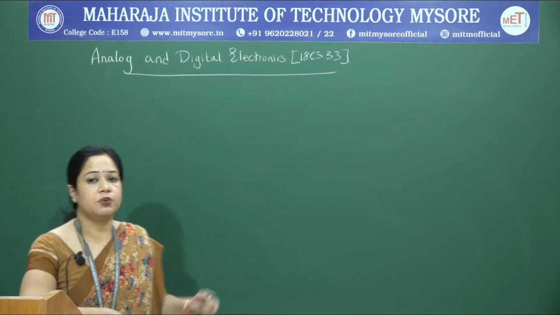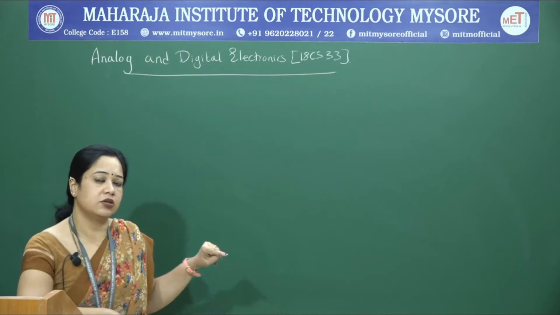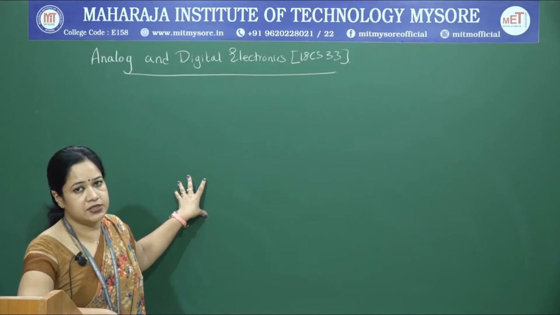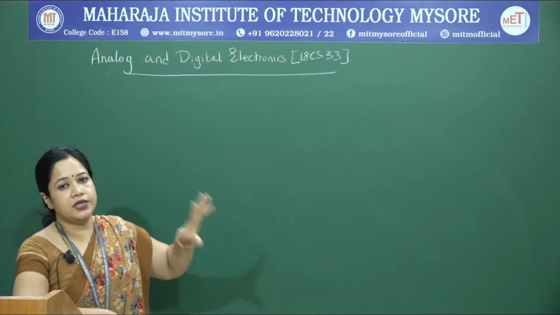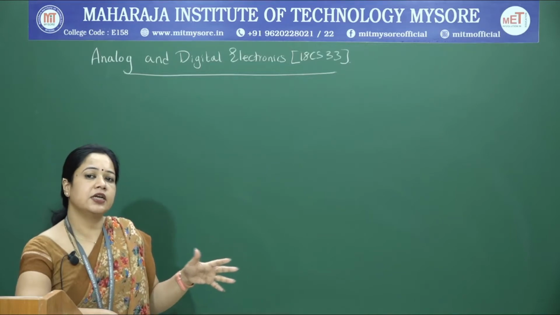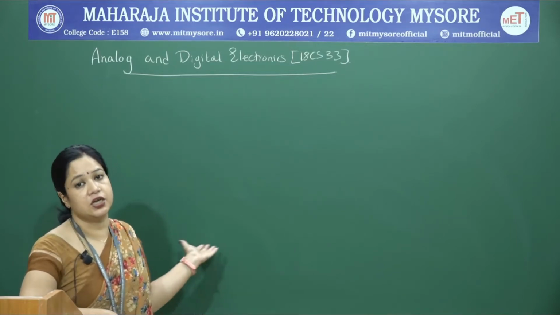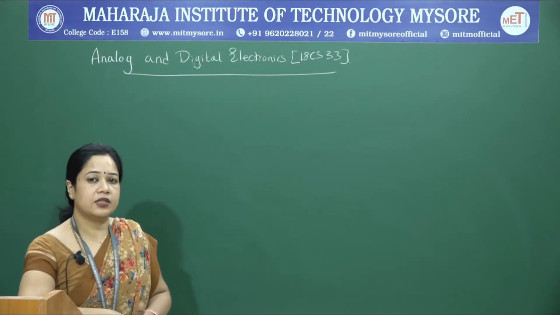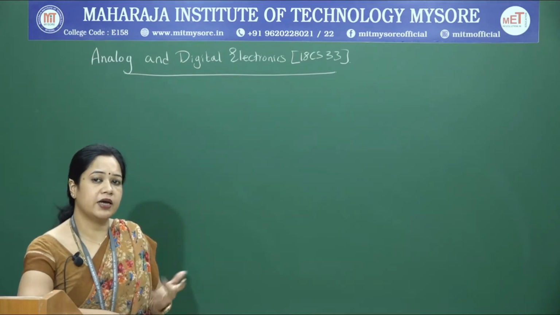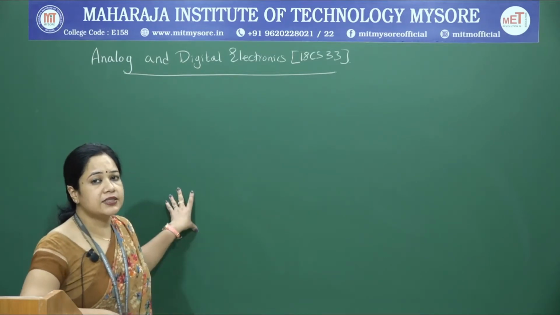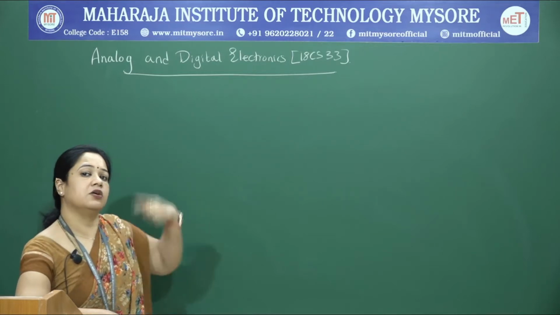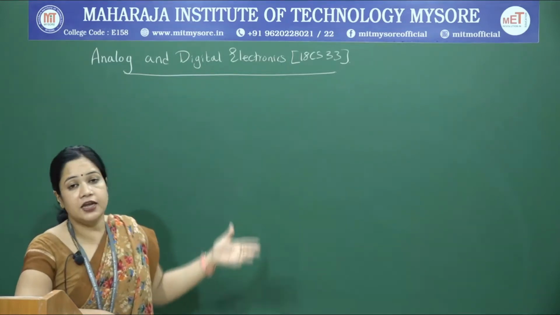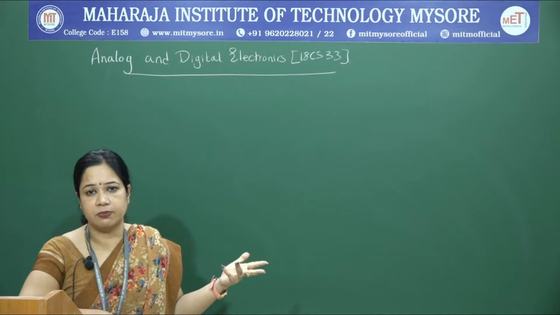In today's class, we will take up one more problem on the base biasing circuit. We have already discussed its advantages and disadvantages. The advantage is that it happens to be very simple, and the disadvantage is that it offers less stability against variation in temperature and transistor gain. To overcome this, we have other biasing circuits, which include collector to base bias and voltage divider bias. Today I will revisit the base biasing circuit, solve one more problem on it, and then take up the collector to base bias and voltage divider bias circuits.